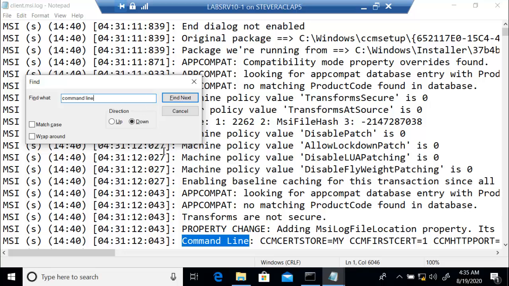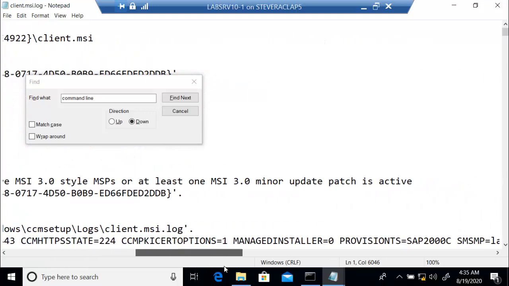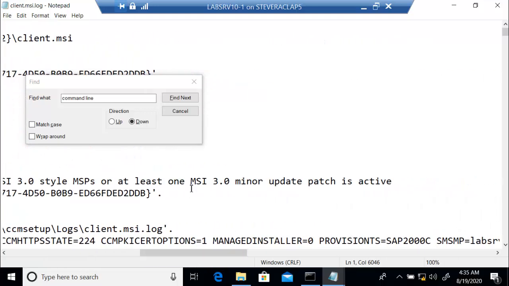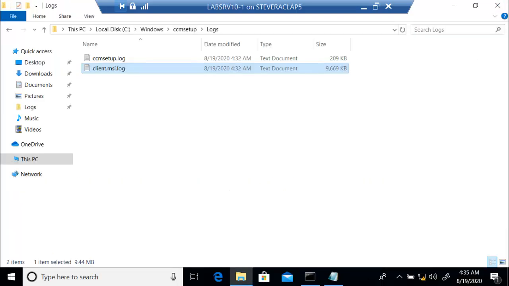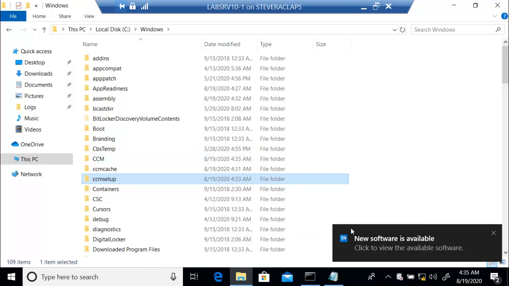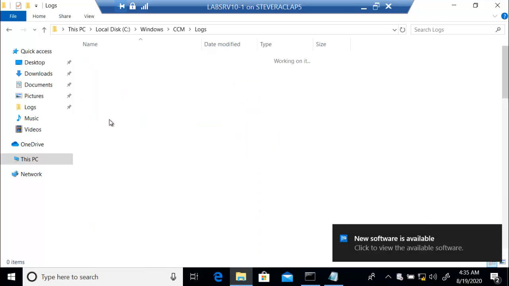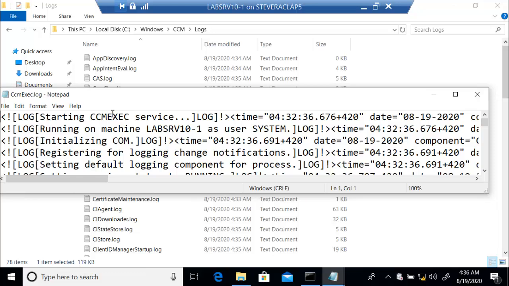There we go. All right. So now the command line gets tweaked a little bit, but you can scroll on over and see provision TS did actually pass its way into CCM setup.msi. Now the next one along the way, the client's going to get installed. And so we want to go into, so here we go. You see the client's just coming up like normal now, right? So in the CCM exec log right here, if you go look for, let me maximize this,